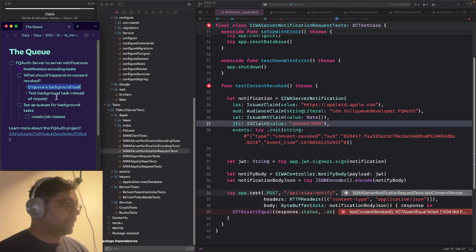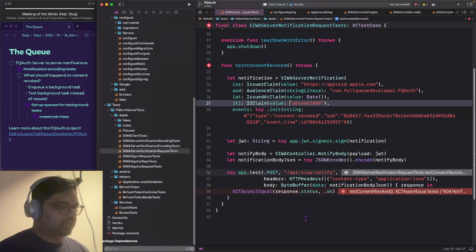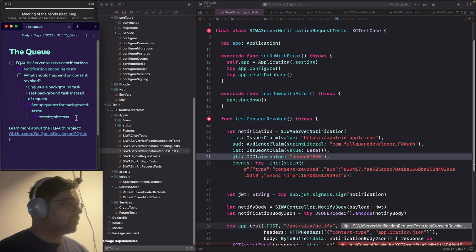Yes, so we're queuing the background task. Let's test. We don't want to test the background task yet. We kind of want to write a test around enqueuing this. And I guess we set up the queues. We set up the job class for this one. Let's remove that off of plural. I guess we can indent it in so that communicates your dependencies better. So then for this test,